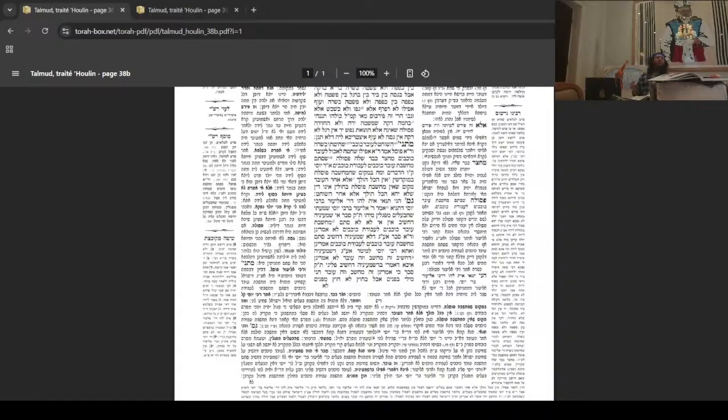So these are three opinions in our Mishnah. The first two say we do say that the owner's thoughts can affect the animal, but if we don't know what he's thinking about, we don't assume that he's thinking about idolatry. That's the Tanakama. Rabbi Eliezer says that we do think he's thinking about idolatry. Says Rabbi Yossi, even if he's thinking about idolatry, it's still a kosher animal because we don't care about the thought of the owner. And those are the three opinions.